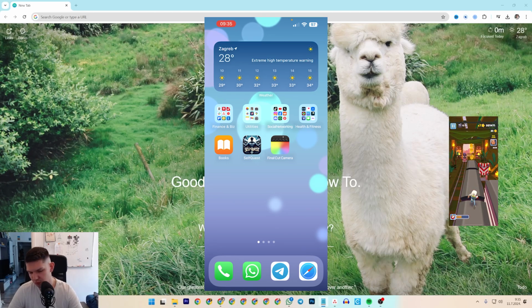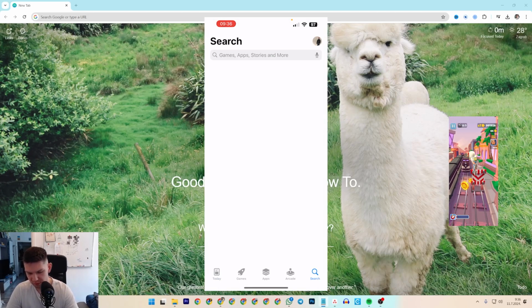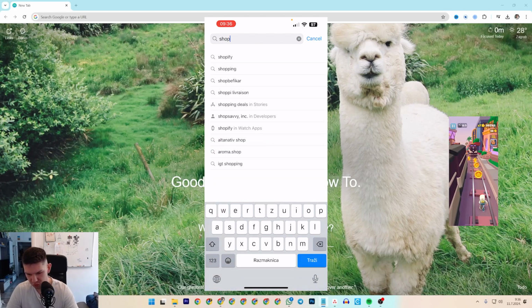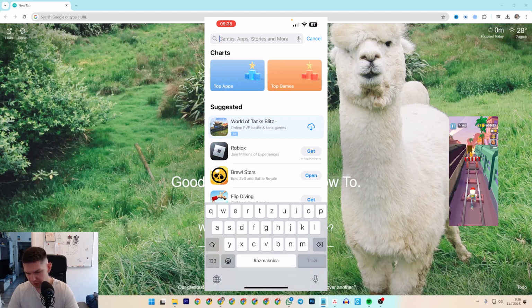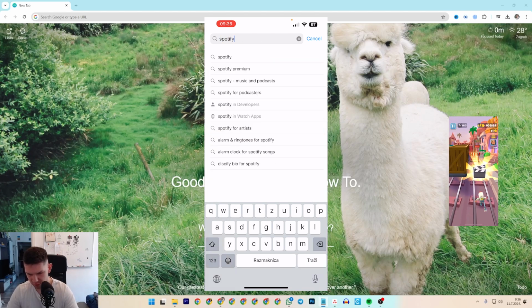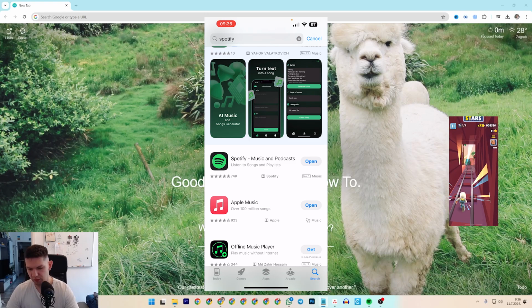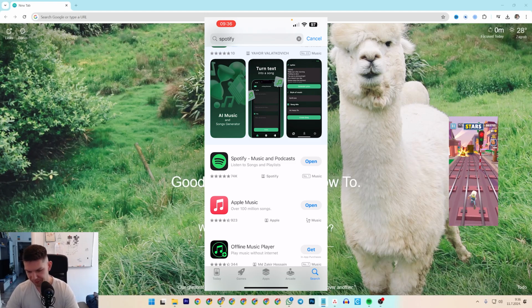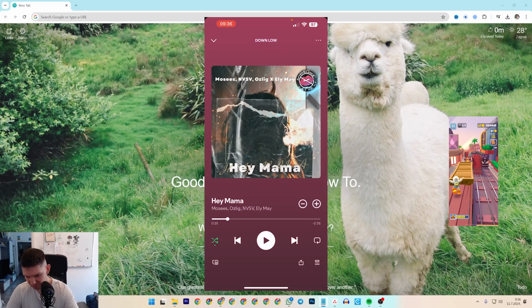So, what you want to do is update Spotify if needed. So just go to App Store or Google Play Store, type in Spotify, not Shopify, and update it if it needs to be updated. From there, you want to open Spotify, and